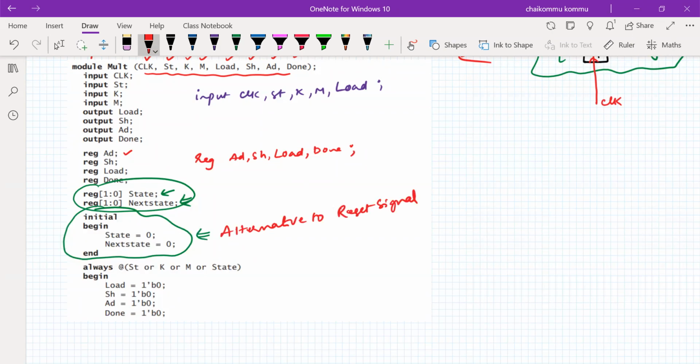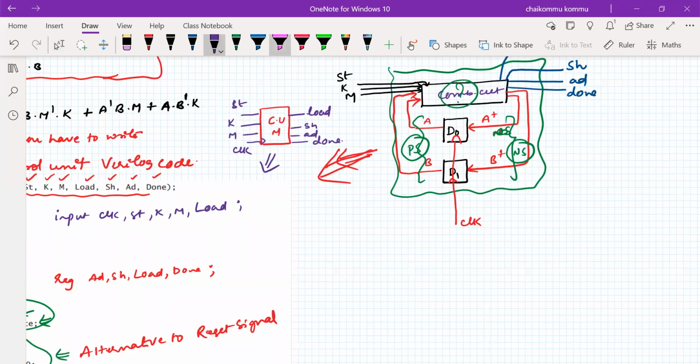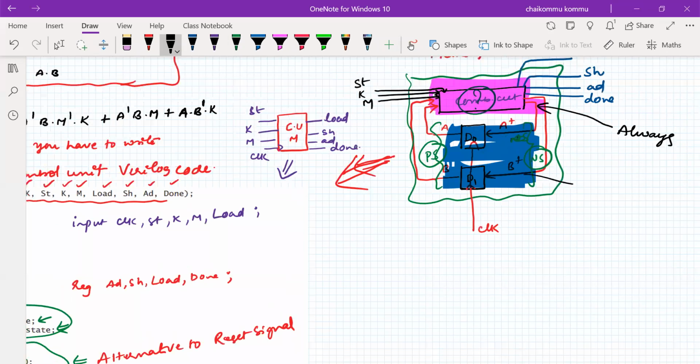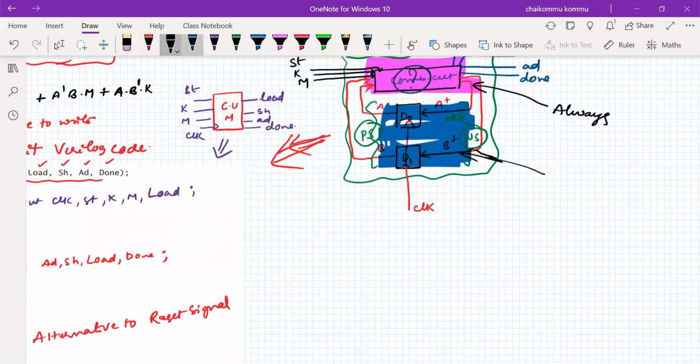Okay, so you can observe, as we studied in the previous class, this entire thing, we are using as one particular block. This flip flop we are also treating as another block. So two blocks that we are using. For this one I can use one always block, and for the other I'm going to use another always block. Always block 2 I'm going to use for the memory, and the combination block is the first.